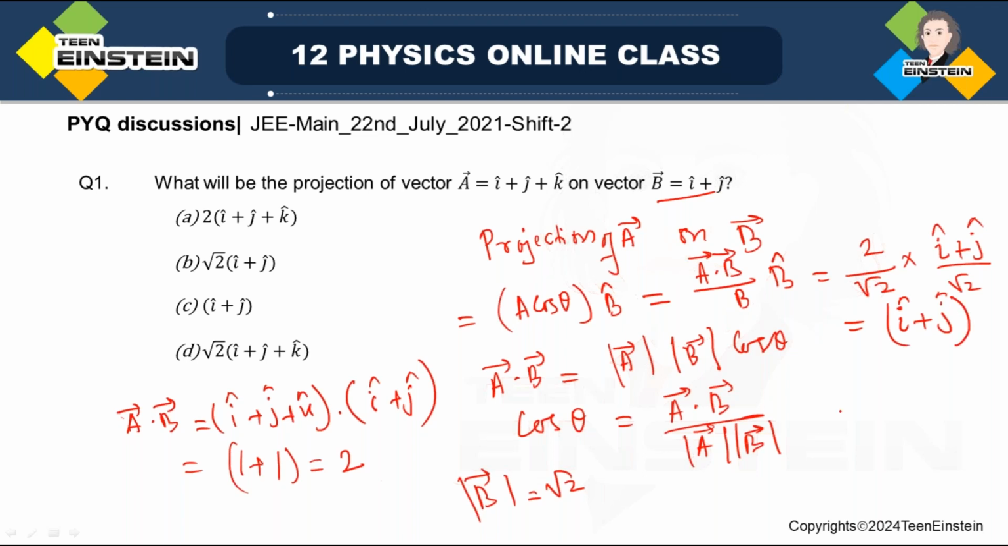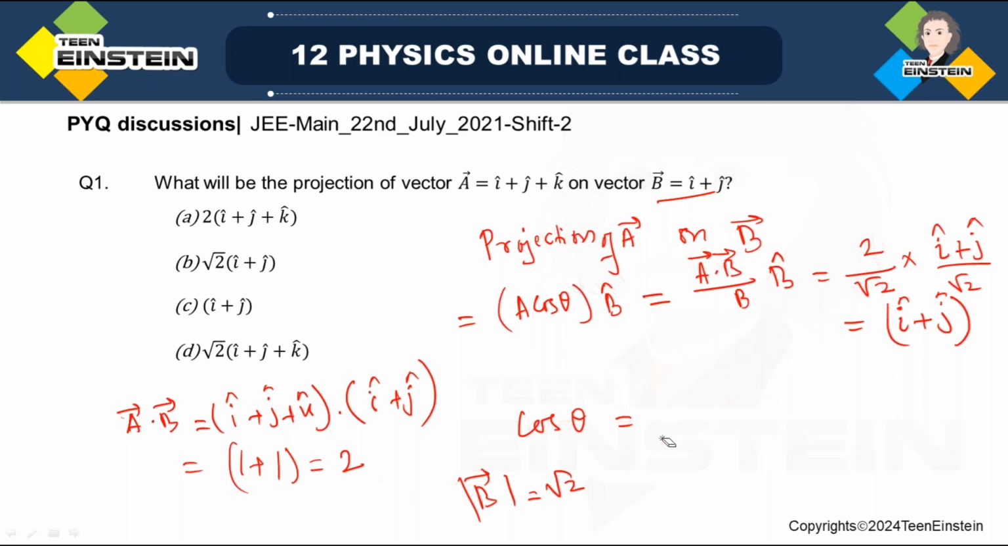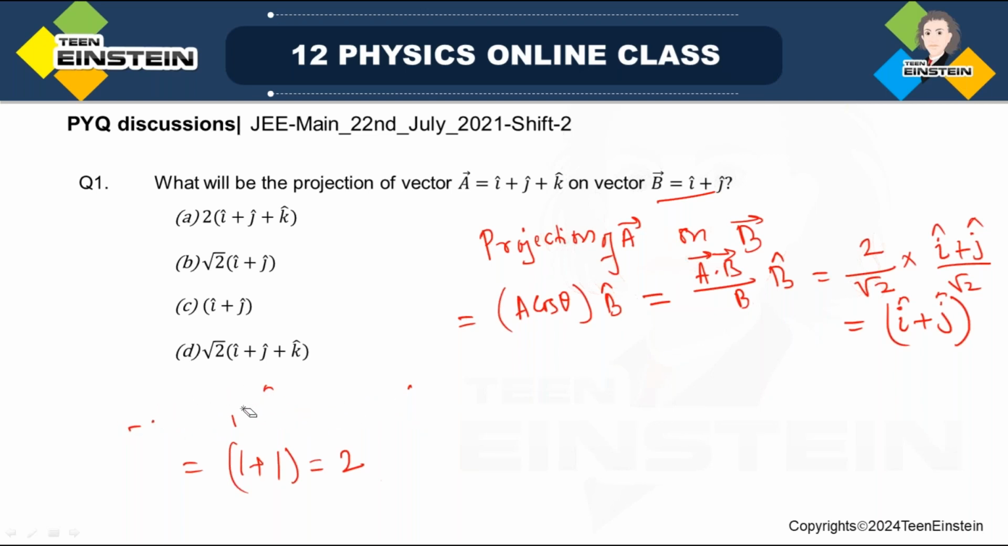Okay, so if you look at the options given here, the projection of A vector on B is I plus J. Okay, and this is on B. Okay, so option C is the answer for this question. Okay,